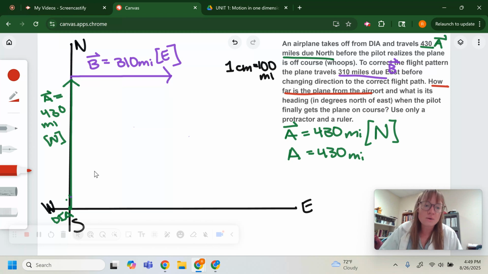The final question that we're answering is where does the plane end up? In other words, what is the plane's displacement? Well, the plane ends up right here. Agreed? All you have to do to find out how far the plane is from the airport is to measure how far the plane is from the airport. So here is what you will do. You will take your ruler and line it up perfectly to draw a little line connecting your starting point, which I will put right